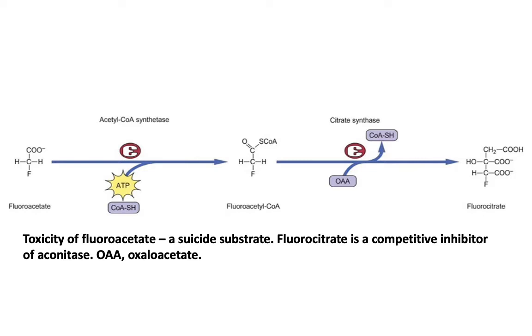So acetyl-CoA synthetase recognizes it as acetic acid and adds a CoA to it, and that becomes a very powerful inhibitor of aconitase, a first step in converting